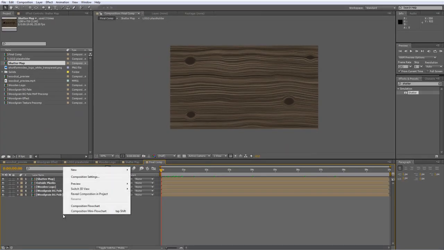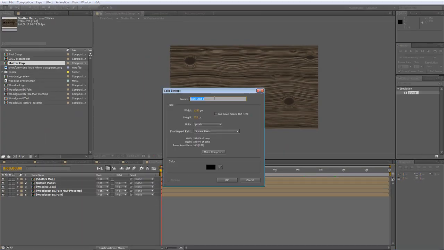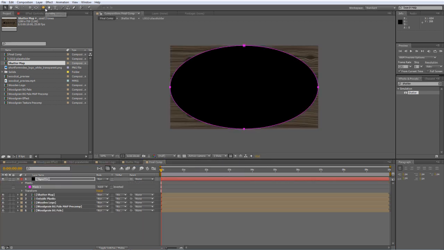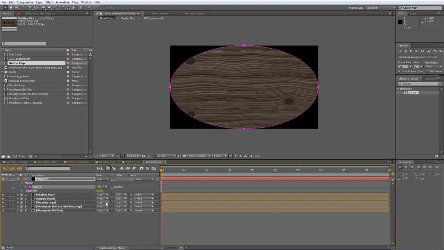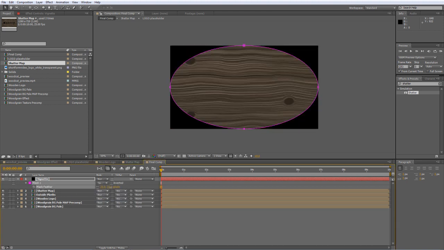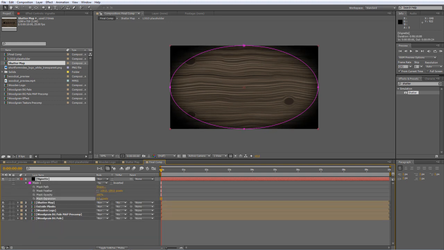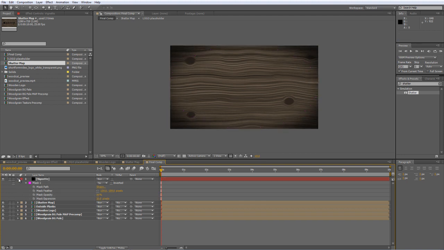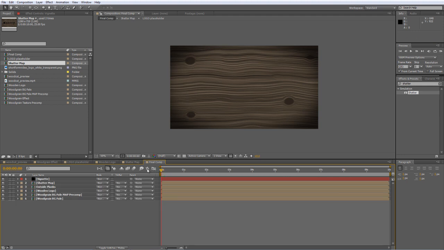Okay, and we're almost there, but obviously no project is complete without a little bit of vignetting, so let's create a new black solid. We'll call it Vignette. Double click on the ellipse tool, set the mask to subtract, hit F to bring up the feather values, increase the feather, maybe expand the mask, and drop the opacity a touch. And let's just see how that looks. So we can pretty much leave it there, but